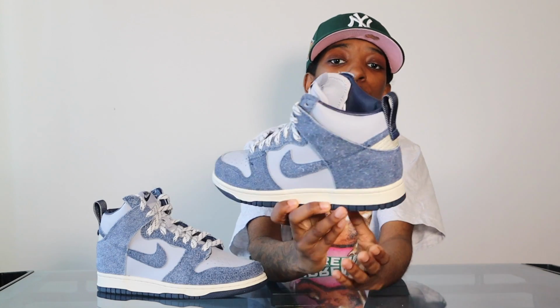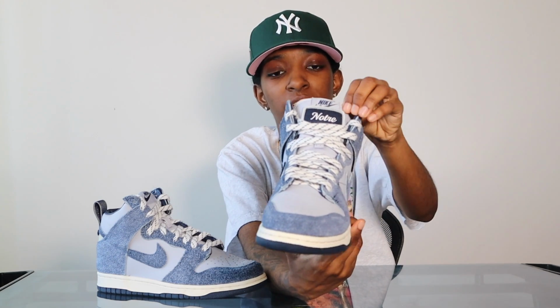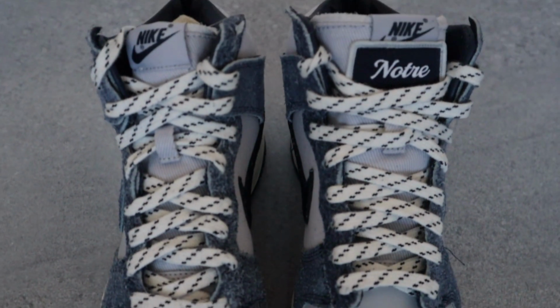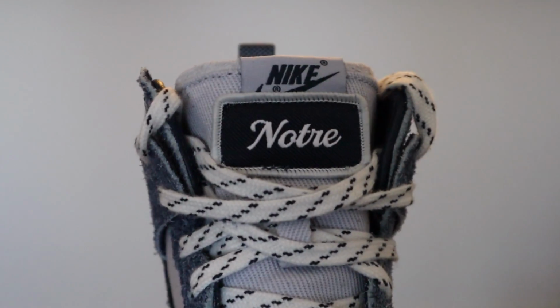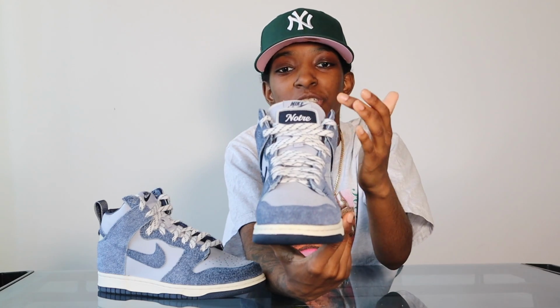And of course, the most recognizable thing on the shoe is that uniform patch right here. It looks just like the patches on the uniform shirts, the name tag for the uniform shirts, and it says Notre. Of course, they had to get their branding in somehow, and I think that was a really smart, really different idea. As much as I like these, there is one thing that kind of trips me up, and that